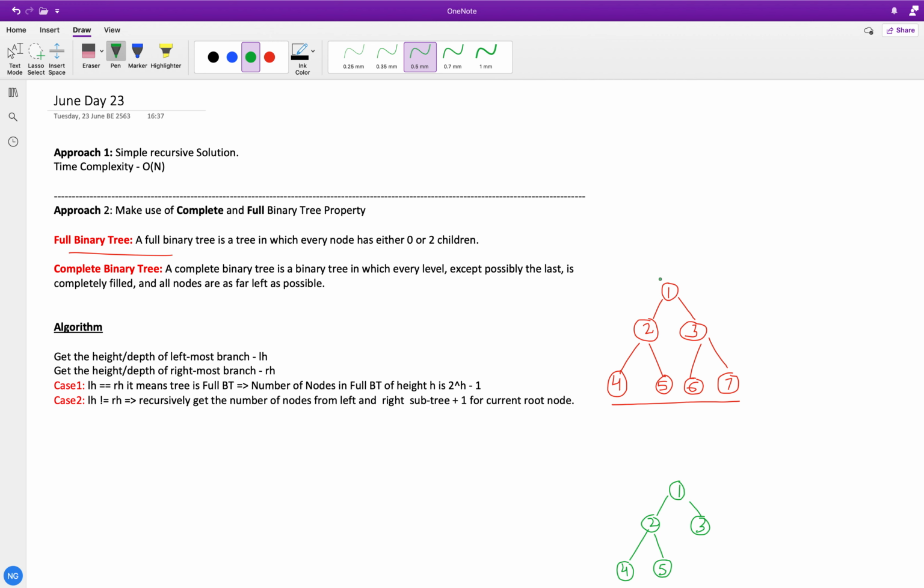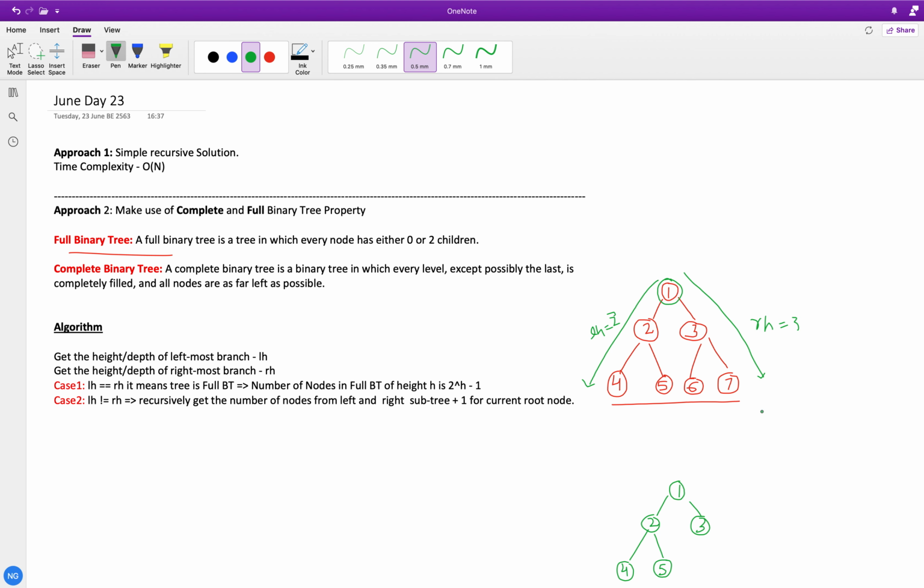If we go to the leftmost depth of this tree and get the height, let's call it LH, left height, which is 2. And if we go to the rightmost depth of the same tree, starting from the current node which is our root node, it is RH, the right height or right depth, which is 3, and this is also 3.